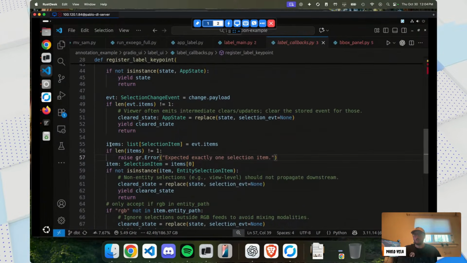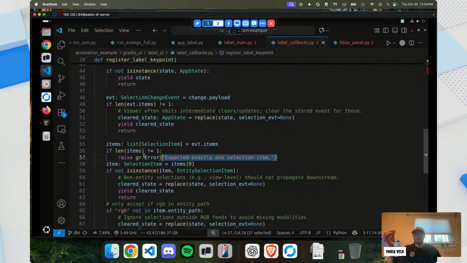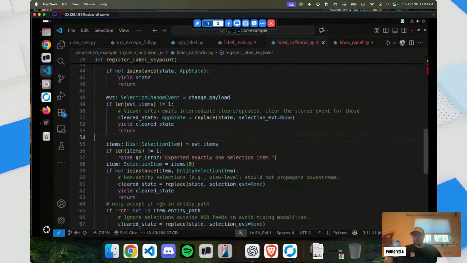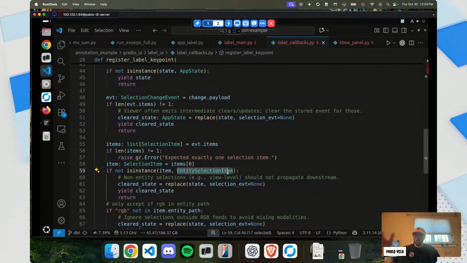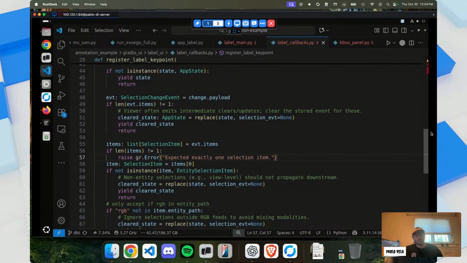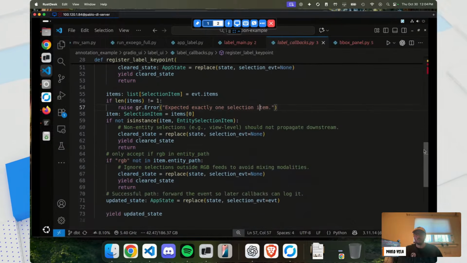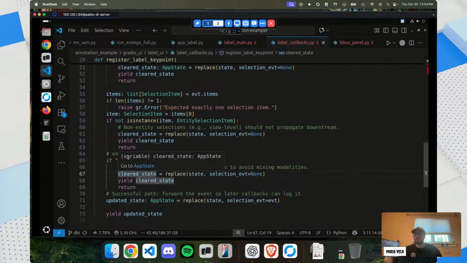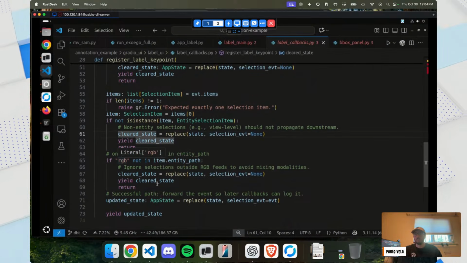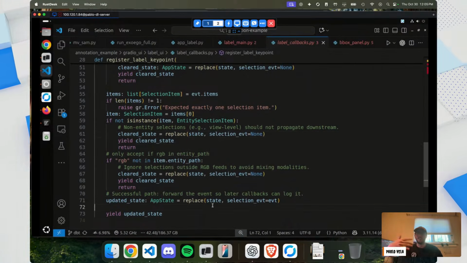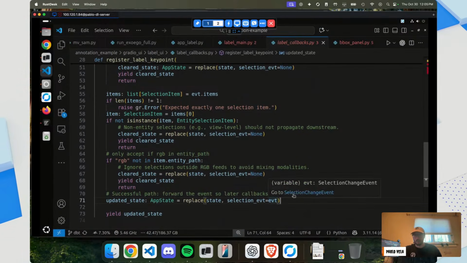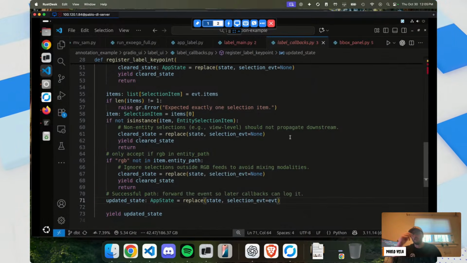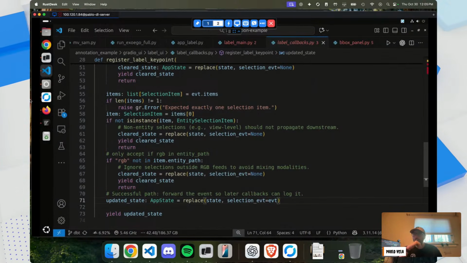Right, we basically iterate through this payload and say, hey, how many selections did we make? We only want a single selection, so if it's more than one, raise an error. If the selection is not an entity selection, because there's more than one kind of selection. And so you can do really powerful stuff here, right? In this case, for example, I only want to annotate that egocentric view, and that egocentric view has a name of RGB inside of it. And so if it doesn't have that name, then raise an error. And then finally, we end up with this selection event payload, which I update and then return back to my app.